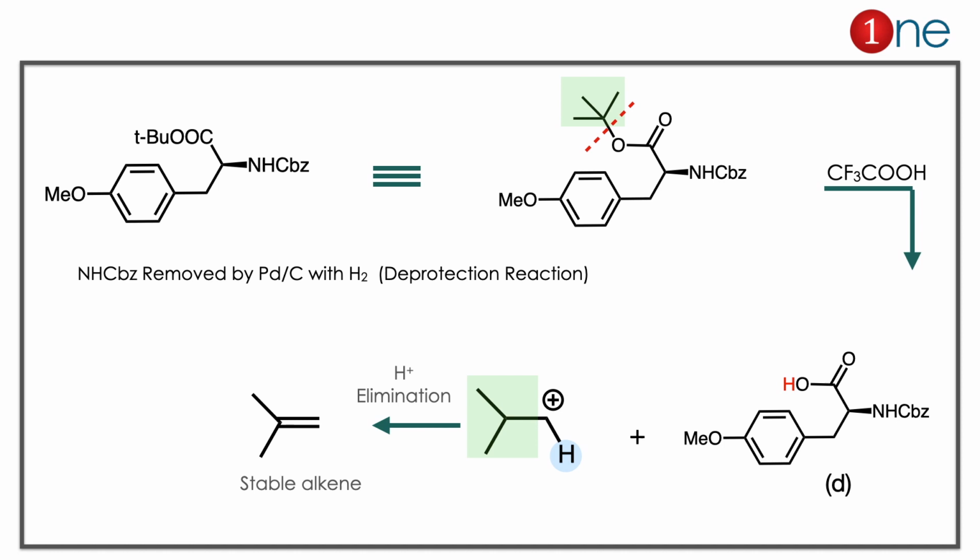The cation can be easily conjugated to the alkene there. So it is the stable product and the possible product. So the answer is clearly D. The reaction center is the ester there.